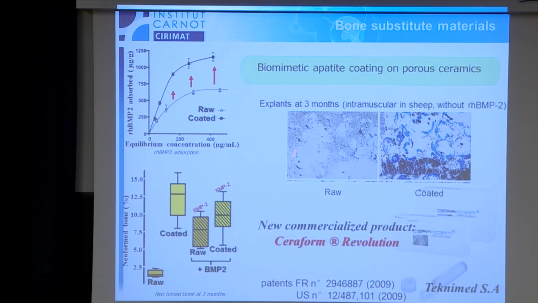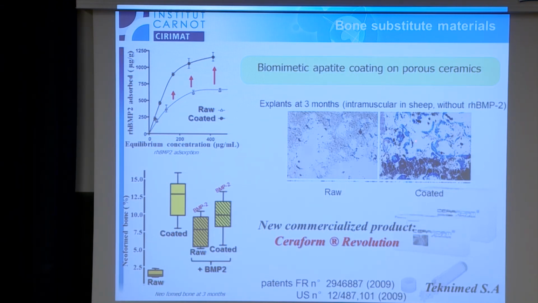Okay, so you can see that on the raw granules you have some layer of neoformed bone tissue, but it's quite low. Whereas in the case of the coated granules with nanocrystalline apatite, you can clearly see quite a more important neoformed bone here in blue, and you can see that the neoformation of bone is really at the surface of the